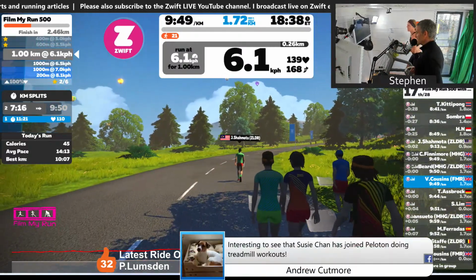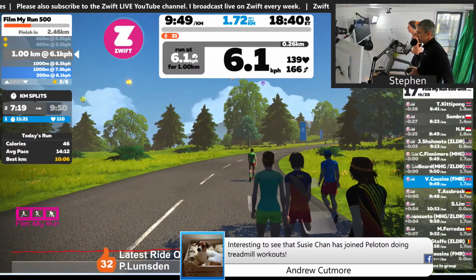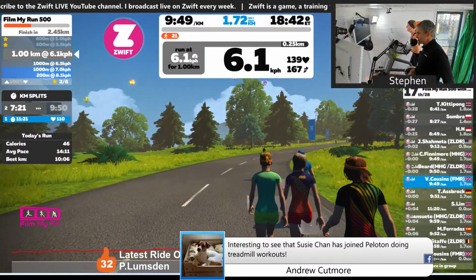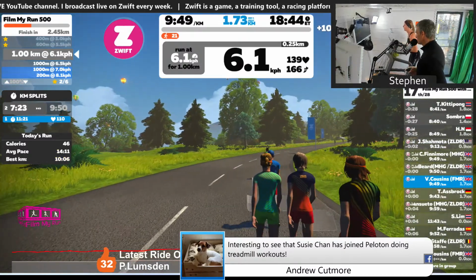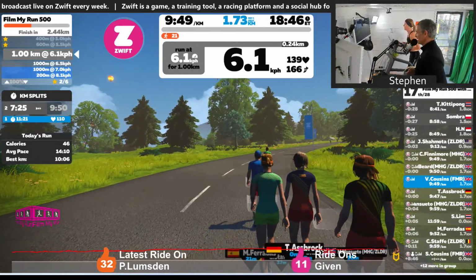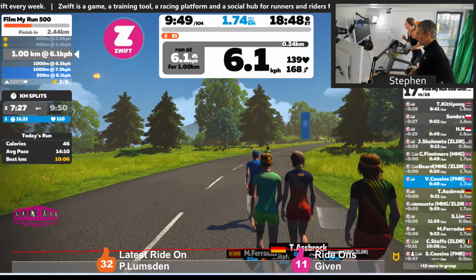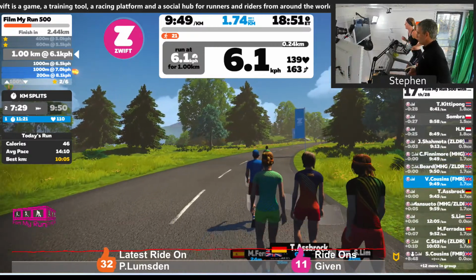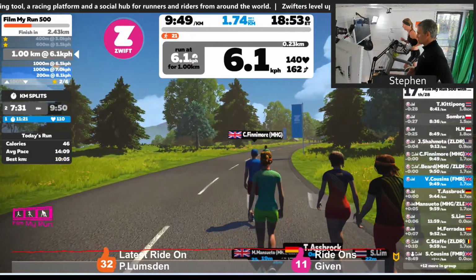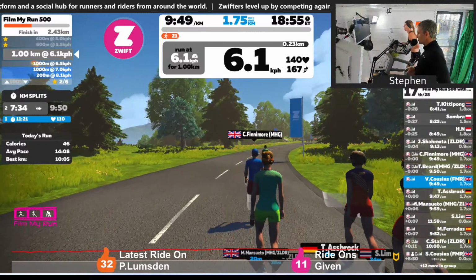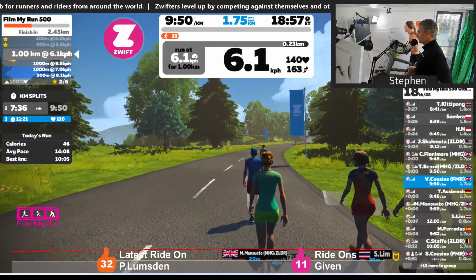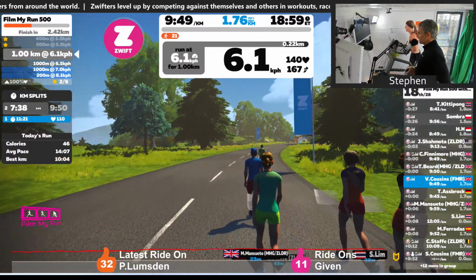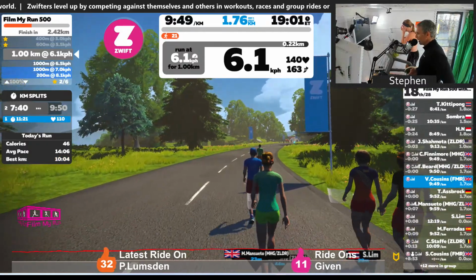Andrew Cutmore says, interesting to see that Susie Chan has joined the Peloton team. Yes, I noticed that. Before they've had people who are not well-known faces, whereas Susie Chan, certainly in the UK, is a very well-known celebrity ultra runner.